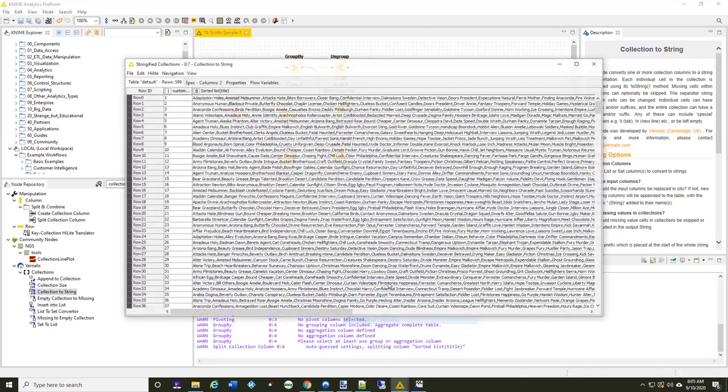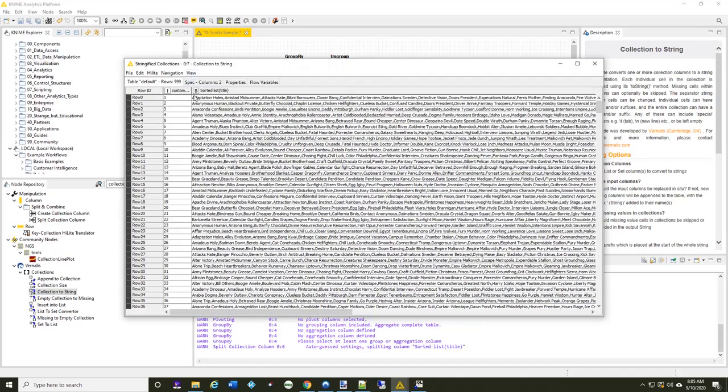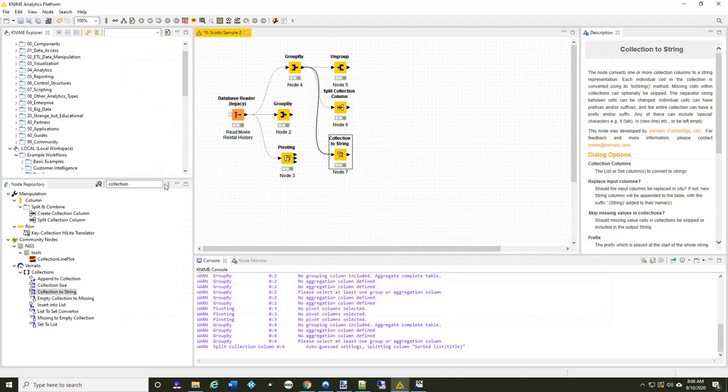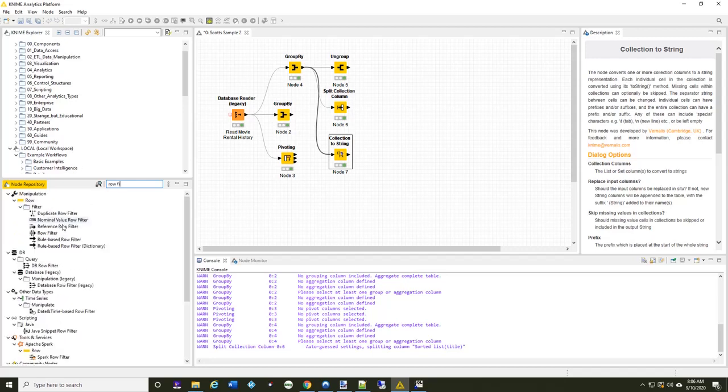Now when I look at the output, you see it's no longer a column type. It's now a string instead of a collection column. So I'm able to work with it. I can do what I want with it, pass it on, put it in a database, or whatever else I might have to do. So now that we've converted it to a string, let's go ahead and pull a row